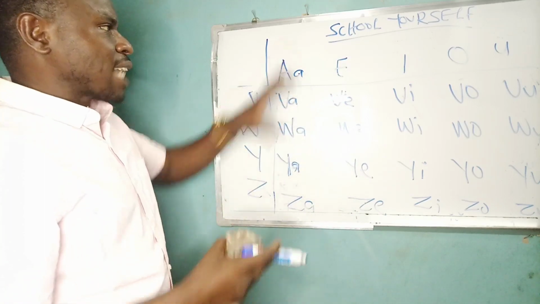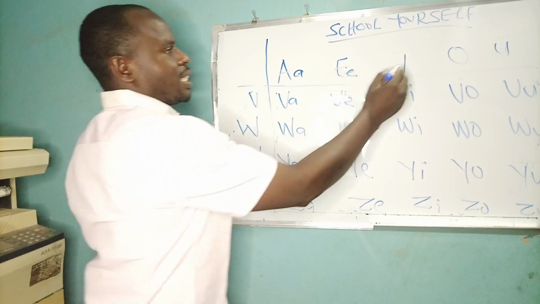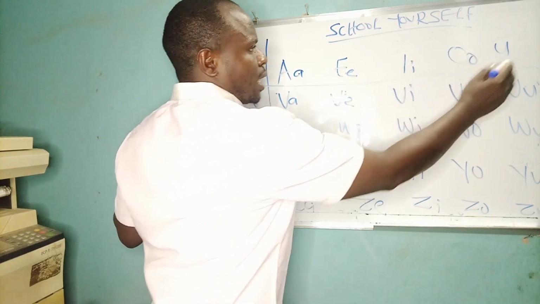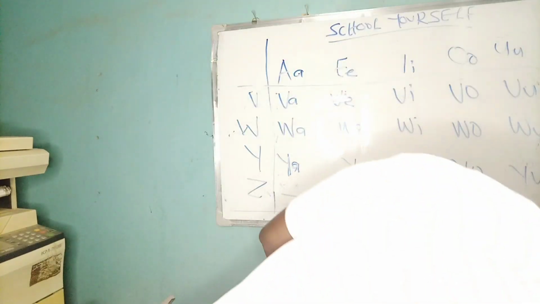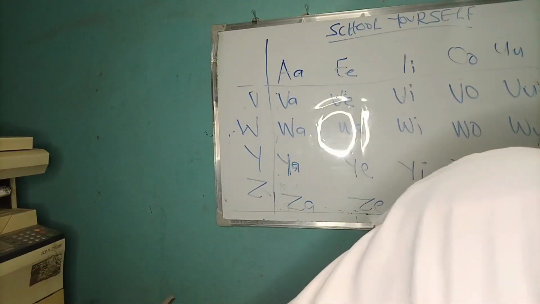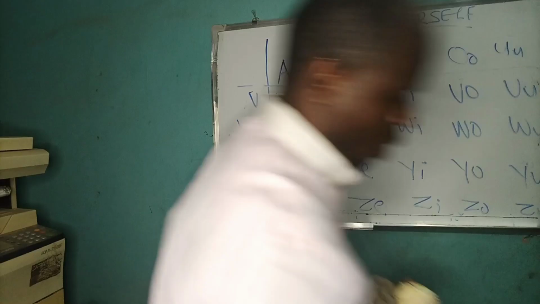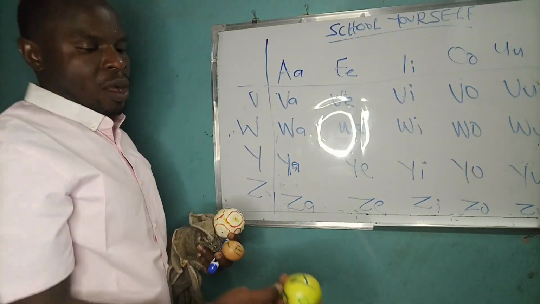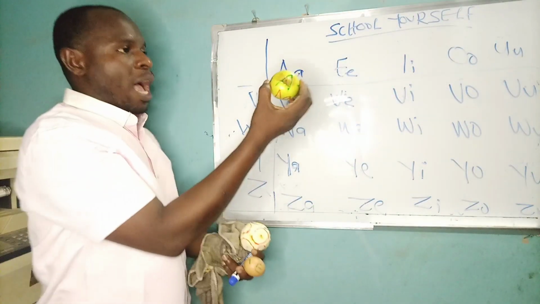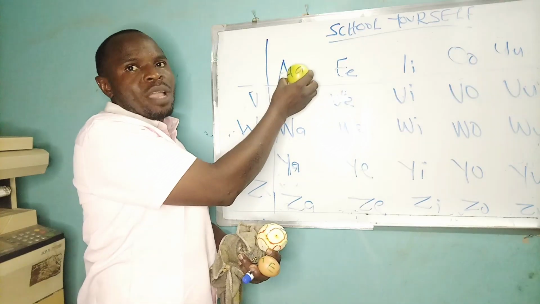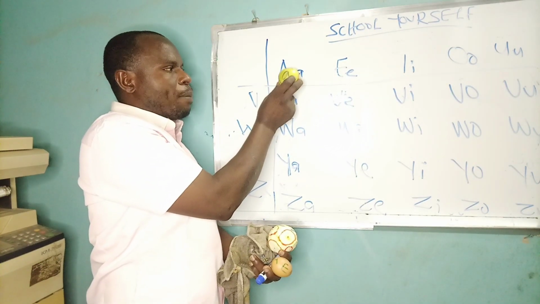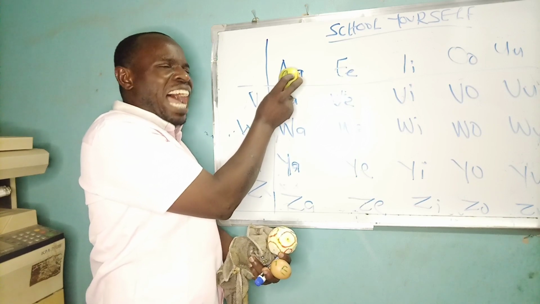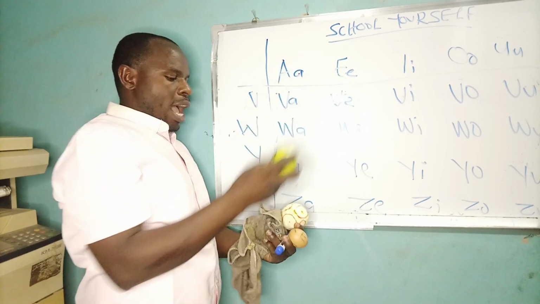A recap: this is a sound, e sound, e sound, o sound, o sound. Before I leave that page, let me go back to what we used to demarcate to signify our vowel sound. This is an apple. You can see on that apple we have a sound. So in your mental picture, let's just have it there. This a is a sound, and here you have